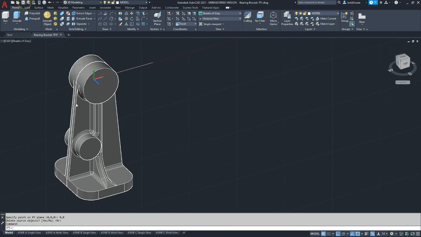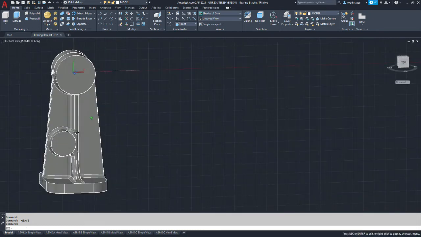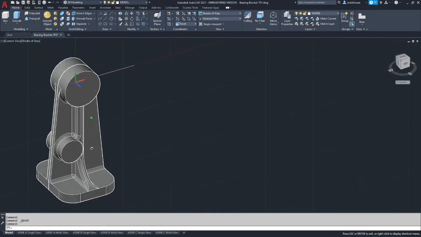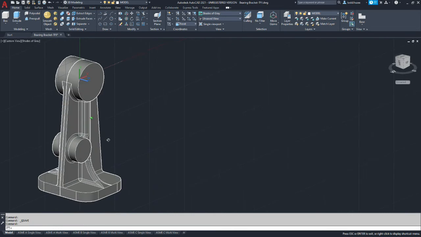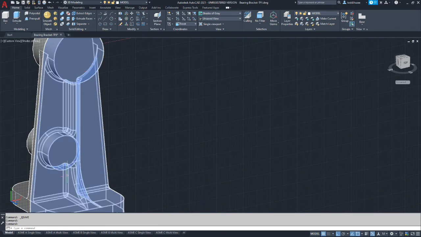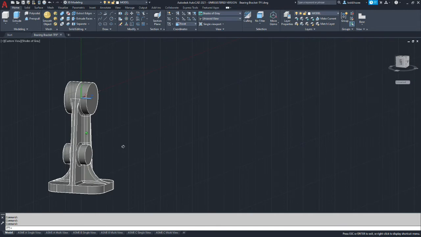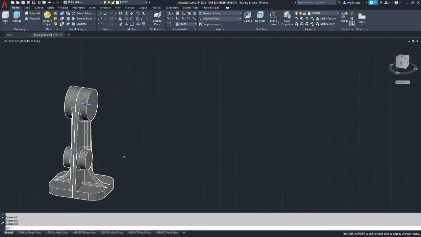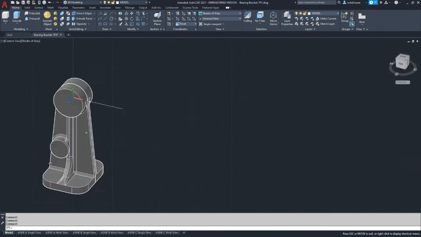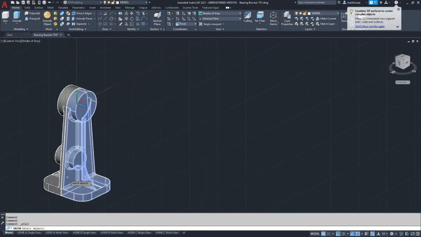Excellent time to save. I'm glad that was successful. It would be painful to try to do all these fillets again. And at this point, you have a couple options. We could shoot the holes through, and the process of doing that would create one body, or we can join them. I want to try to see if I can get the fillets to work. So I'm going to go ahead and join it now and see if that influences the fillets.